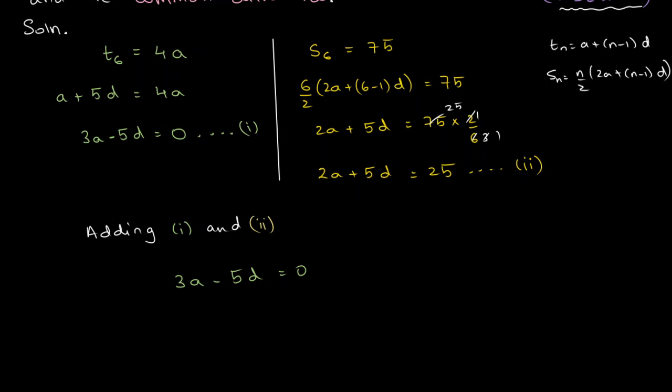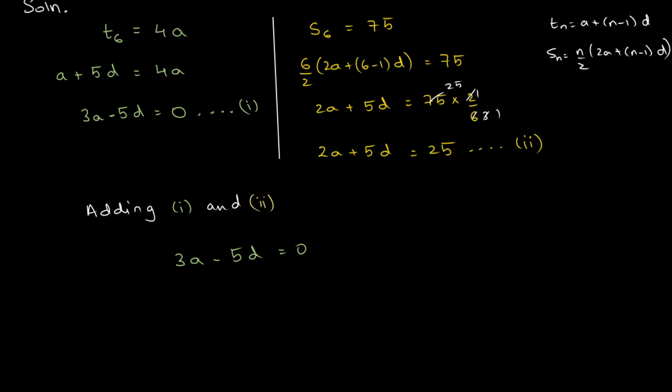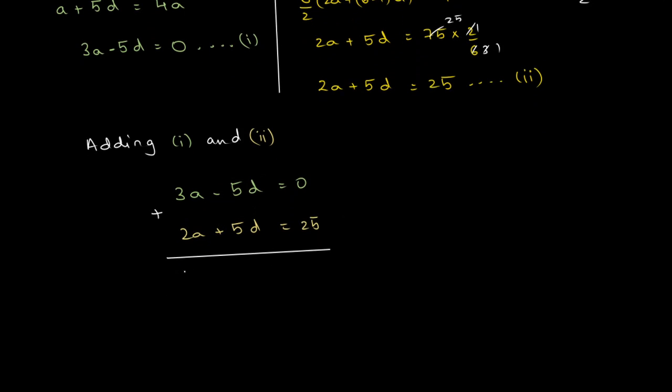And my second equation is 2a plus 5d equal to 25. What I'm doing is adding these two equations, right? So 3a plus 2a gives me 5a, minus 5d plus 5d gets cancelled out,